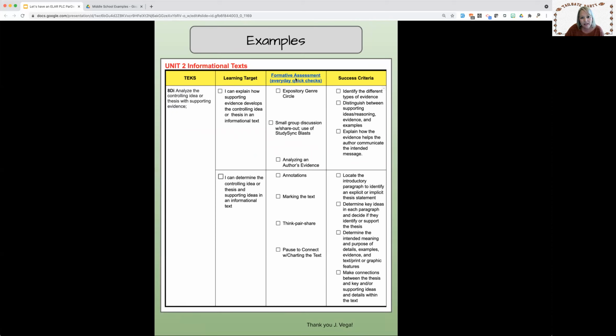There's also a list in your folder of formative assessments, the everyday quick checks. So just some ways for you to think about maybe some different things to do. Get creative. The formative assessment planning is where you do get to be creative. The science is they need to learn this. But the art of teaching is that here's how they can show it. And there's more than one way that students can show that they've learned. They will need the success criteria so they know the thinking they need to do. But this is the fun part. This is where they remember what they did in your class based on the ways that you got them to